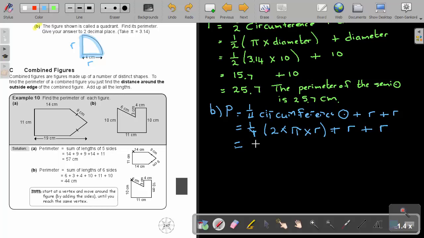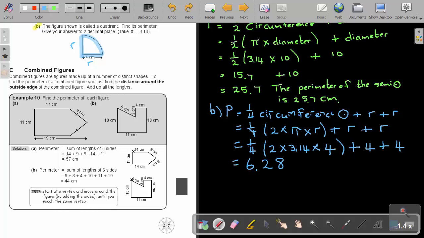Okay, and now I'm just going to substitute. So it's 2 times 3.14 times, what is the radius? Look, it's 4. So it's times 4, plus 4, plus another 4. And then if I multiply this out, I will get